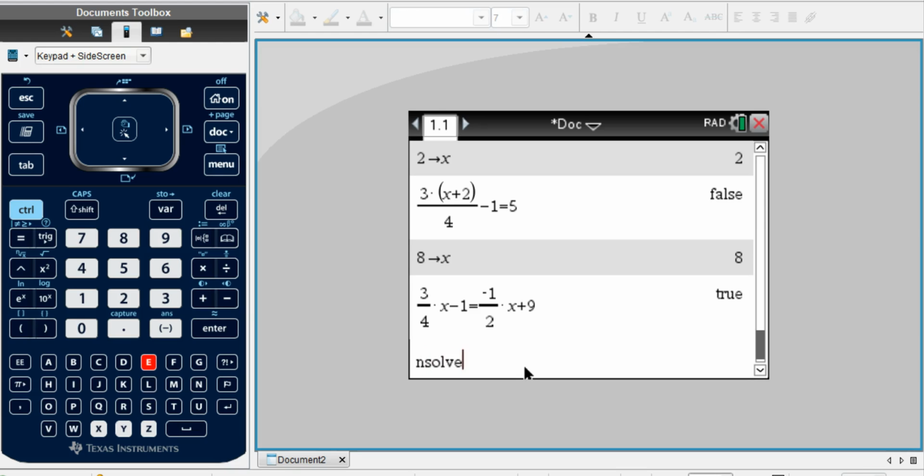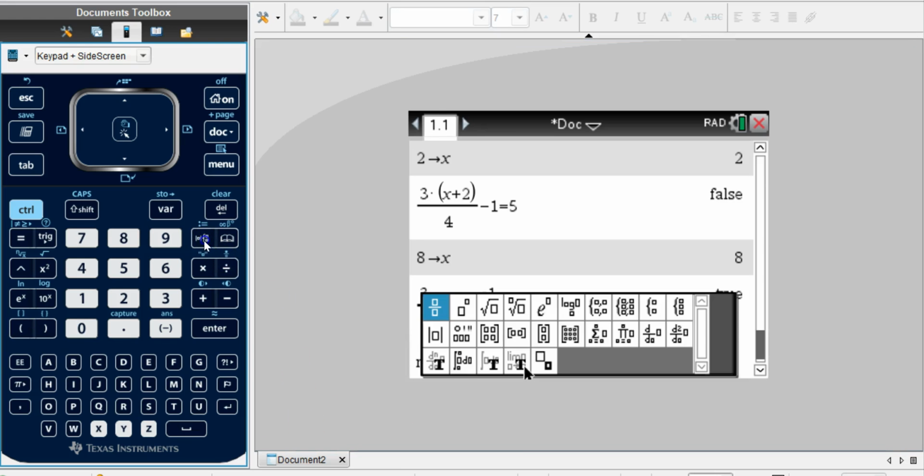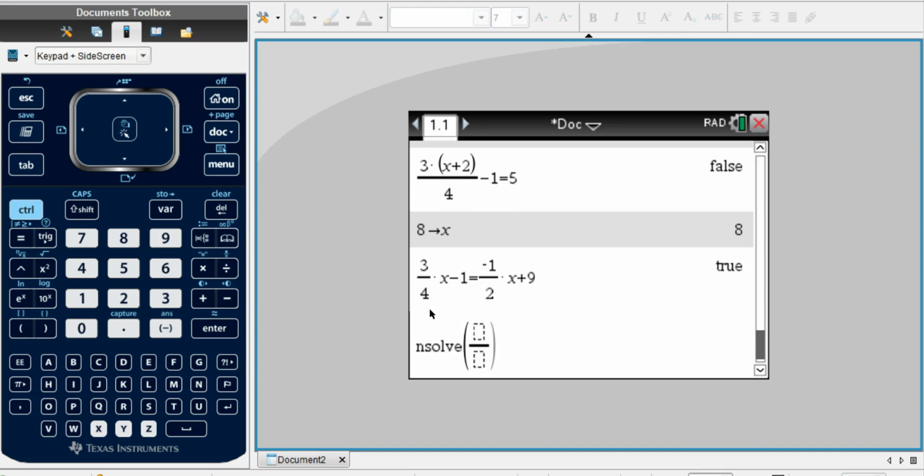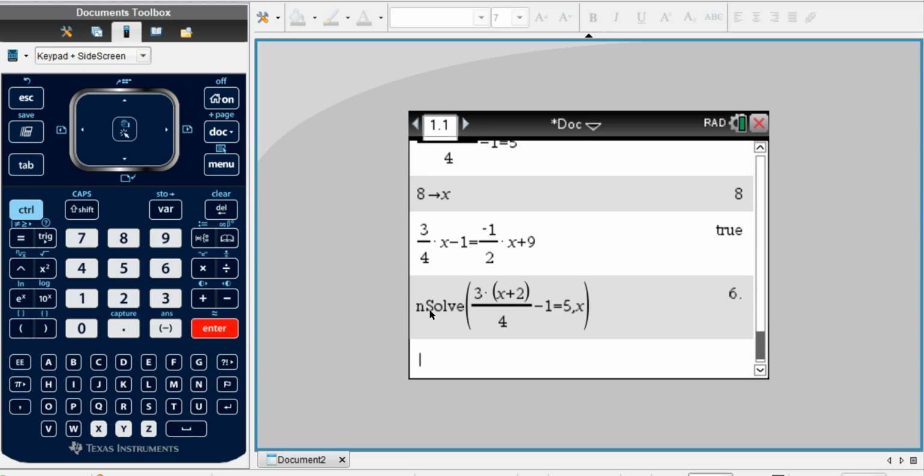You can do it by typing in nSolve in parentheses. You've got to type this in just like you see it. 3 parentheses x plus 2 divided by 4, minus 1, not negative 1, minus 1 equals 5. Comma x. X equals